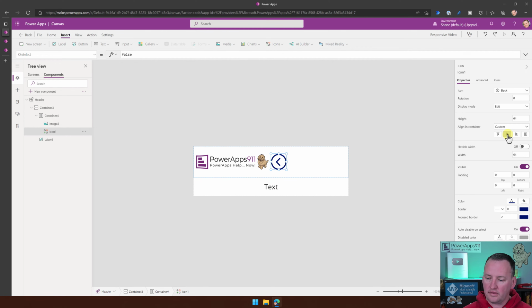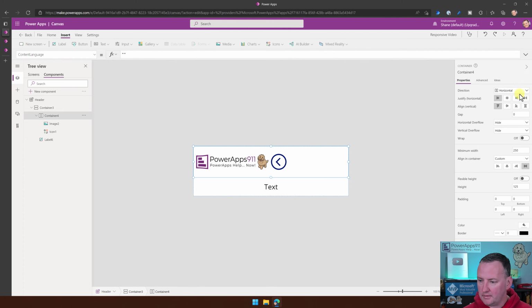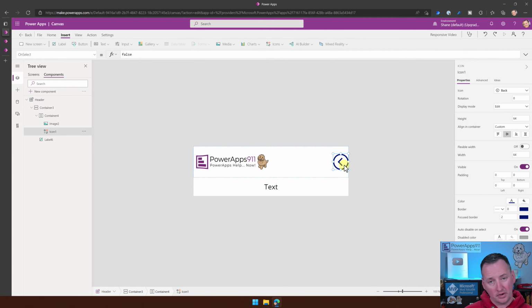And then for the width here, we want it to stretch out, right? We want it to take more. So if we go back to the container, I'm gonna go and say justify horizontally. And so then that's going to push it out to the edge. Now I actually don't like it pushed out all the way to the edge. I want it backed over just a little bit. So then what I've been doing is just going here to the padding and saying, hey, you know what? I want you to have like 25 padding